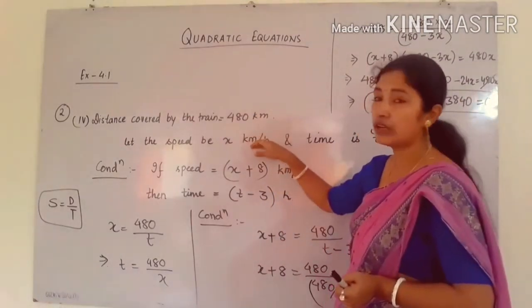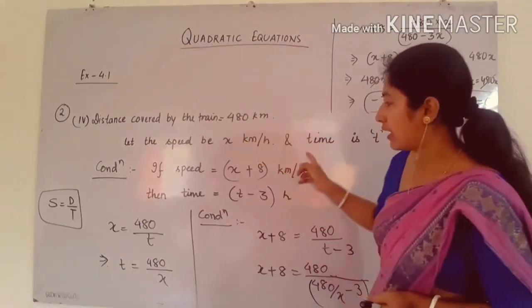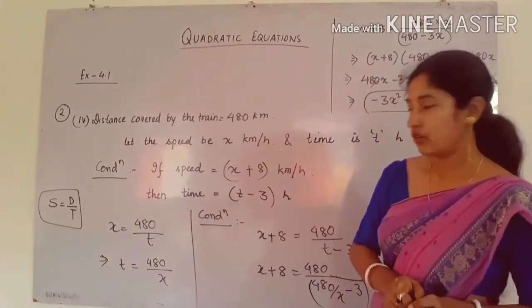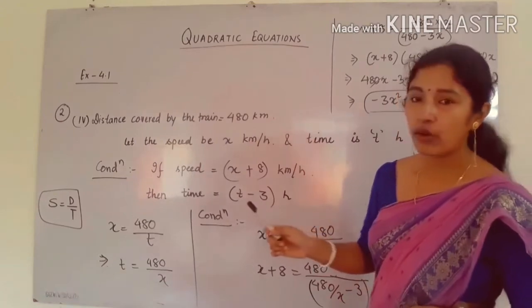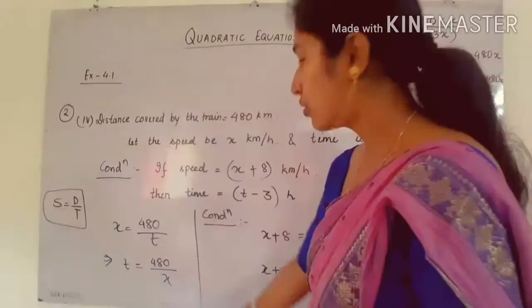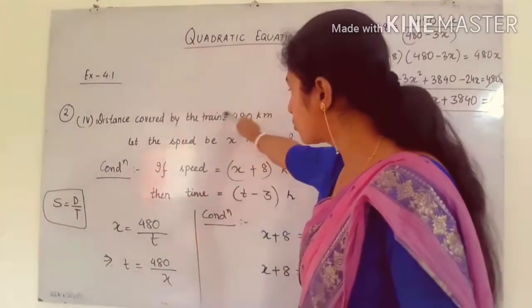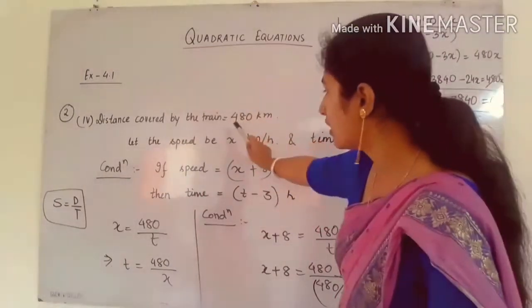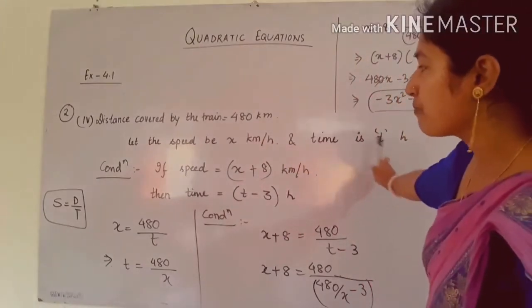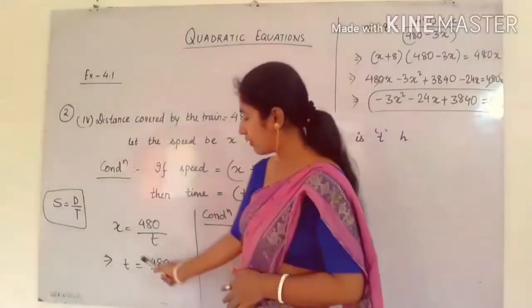The first condition is this one, when the speed is x km per hour and the time is t, and here is the second condition. So we will form an equation from these conditions. Already we know speed is equal to what? Distance by time. You know, you have studied this in physics. So next we can write x is equal to 480 by t. For the first condition, in place of distance we write 480, in place of time we write t, and speed is x. So from this equation we will find the value of t.